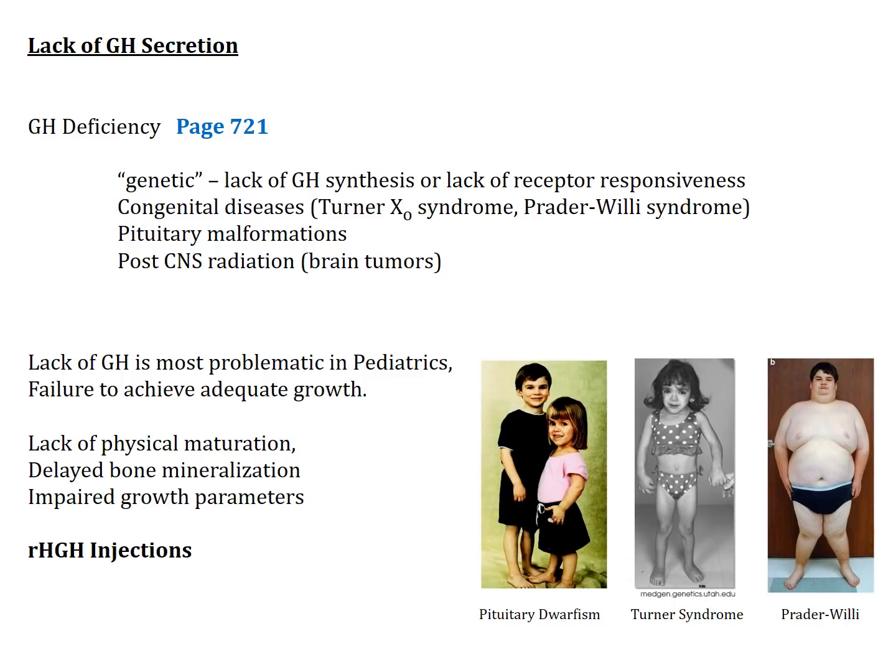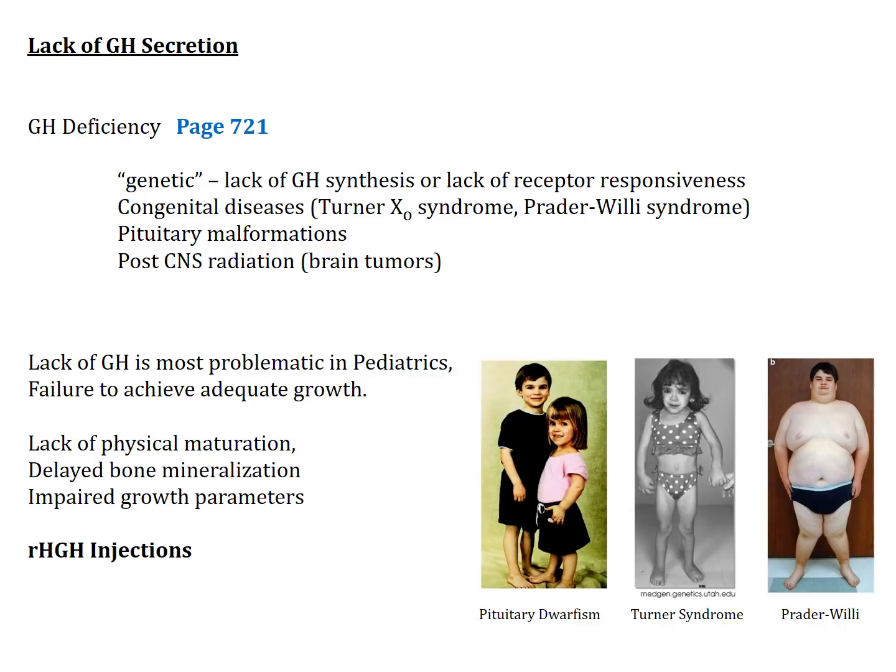You want them to be able to mineralize bone and grow bone and muscle and tissue. And for those kids, for whatever reasons, who lack growth hormone secretion, they're going to manifest that in terms of their physical stature and in terms of their muscle and bone cartilage development. And again, here are 3 different types of syndromes. There's a number of different types of syndromes where this can occur.